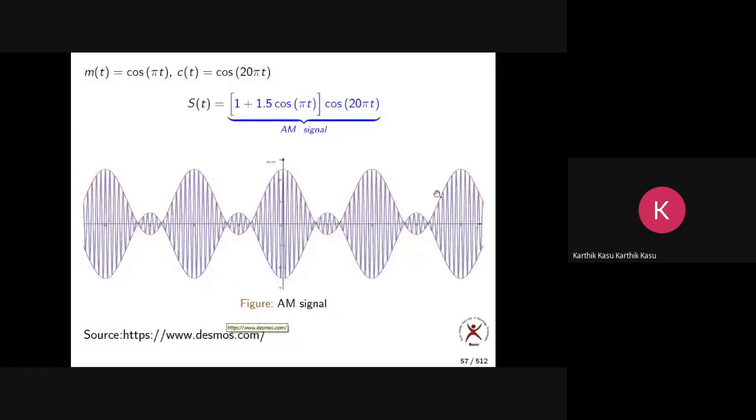Not only this equation. In the previous case also, we have seen one equation where mu equals 0.5. What was the equation there? s(t) equals (1 plus 0.5 cos pi t) into cos 20 pi t. Now you can draw any waveform using desmos.com. It is very interesting. After the class, please go to this website and draw all the waveforms that I have drawn here, so you can verify all the waveforms there itself. Clear? Okay, so this is about case 2.